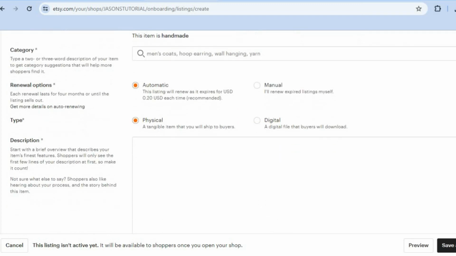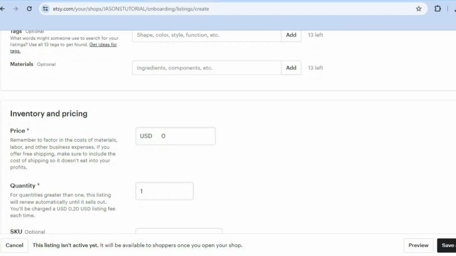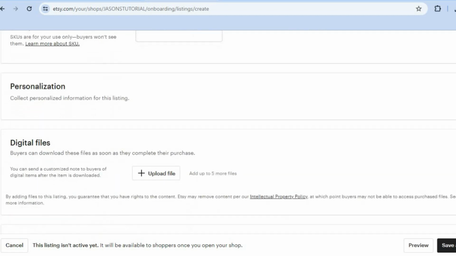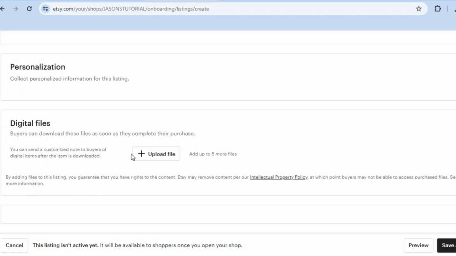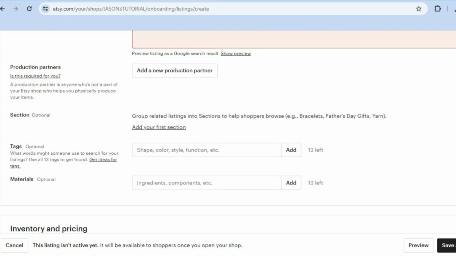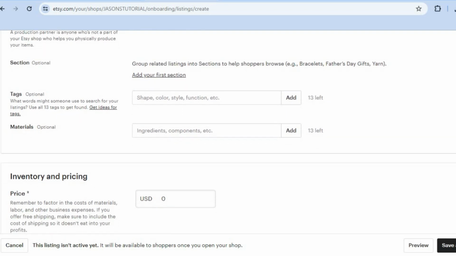Then you can scroll down. You could also select the category and you're going to tap on digital. After selecting digital, you can add a quick description of the product. Then after doing that, you're going to scroll all the way down and you can add the product price right there. And you can also add the available quantity. And now you're going to tap on upload file. After adding the file, all you'll need to do now is tap on save and continue and you'll be able to